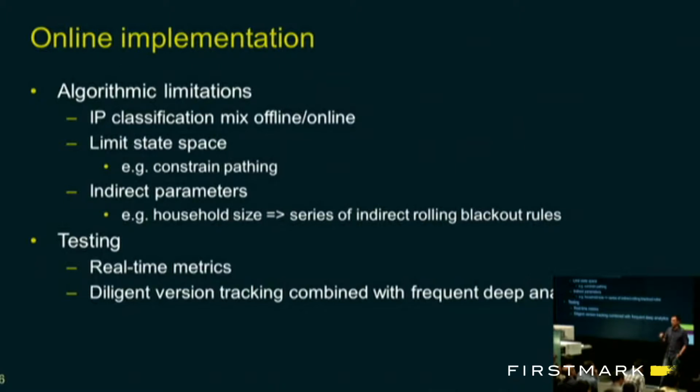And I think a simple example will be trying to process IPs while building your device graph. And give you an example. If you see a sighting come in, you might want to treat it differently if you think that it's coming from an IP that's a home IP, or a carrier IP, or maybe a work IP, or maybe a cafe in your neighborhood. You probably wouldn't want to use the same models for all of them. But if you're streaming your data, you probably have to have some sort of classification of an IP ahead of time. And that automatically forces you to separate these two problems.